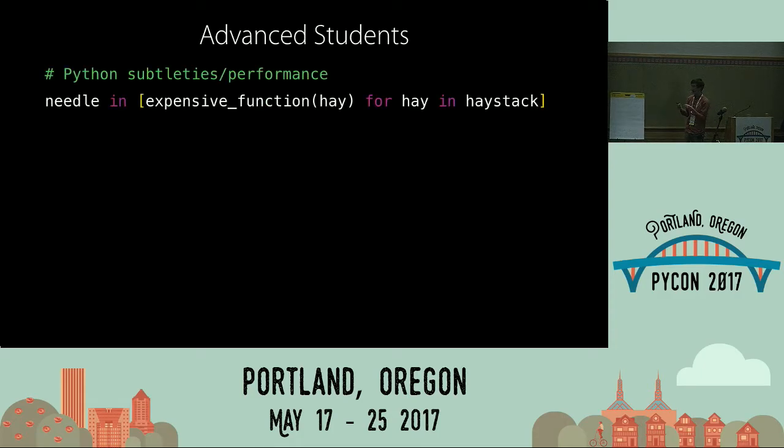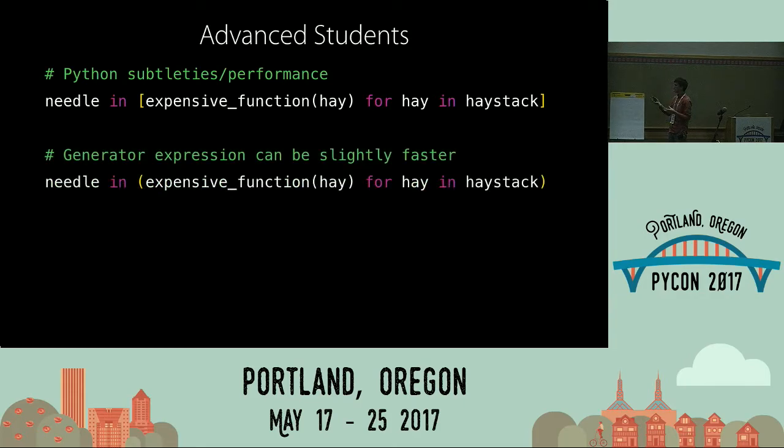And even the most advanced students here can sometimes have subtle changes. If someone's looking for some needle in an expensive haystack, and their expensive haystack is a list comprehension, the expensive function will be evaluated for all the keys before that containment test is run. So this may be an opportunity if you're working with advanced students to talk a little bit about list comprehensions and generator expressions. Saying, if we have some generator expression, we'll only be computing this expensive function on the fly until we find a matching needle. It may end up being the same amount of work if the needle's not contained. But if the needle is the same as the first result of the expensive function, we'll only have to compute that once.